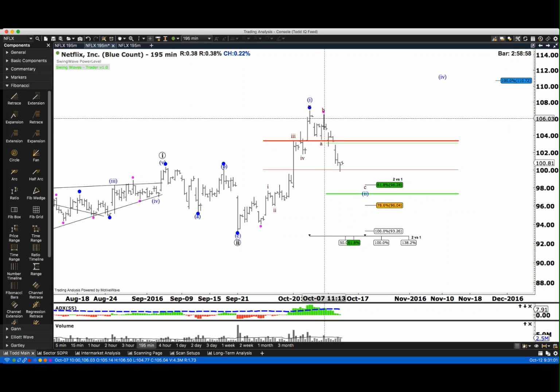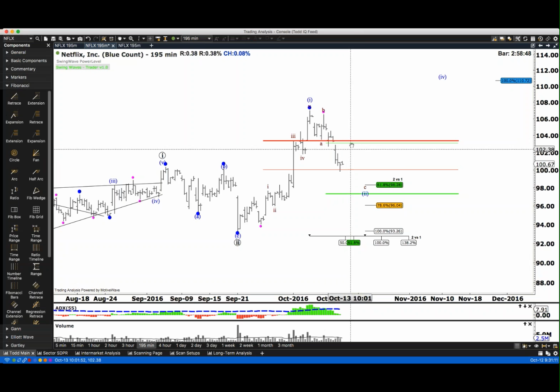The sell levels are calculated off, in the case of an uptrend, the lowest price right here. Okay, it's off the lowest price. So these are the major sell levels right here. So the reason they overlap is because they're being projected off different points. Okay, hopefully that makes sense.